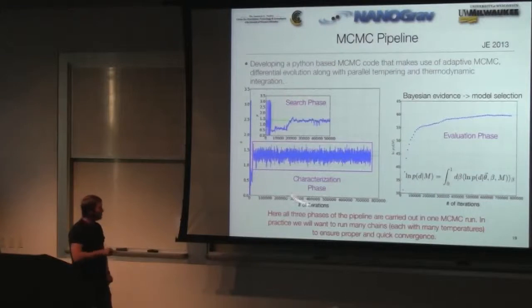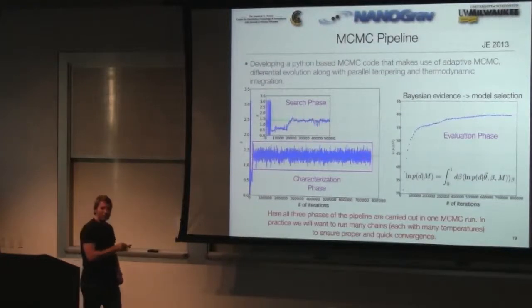And so this is a cartoon of how our pipeline works. So the first part you have is the search phase. So you're searching around parameter space. In this case, it's only one parameter, but in reality, you're going to have about 100 or so parameters. But you're searching around parameter space, and then eventually you lock on to this global maxima, which is what the green line is here. Once you've locked onto that, you want to collect a lot of samples to get the